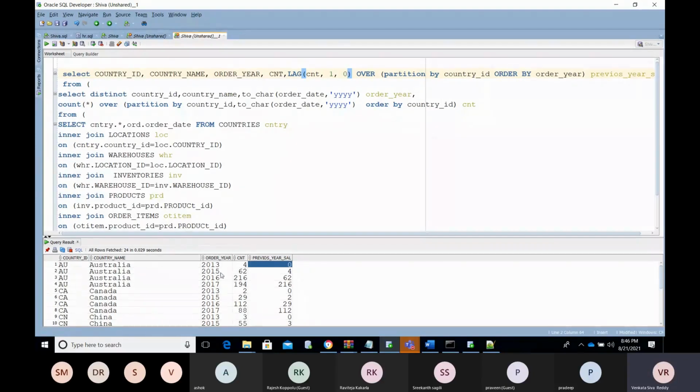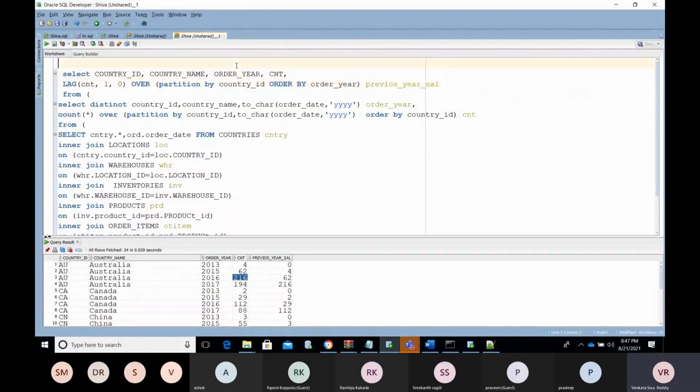First, we can say 2014 we have, right? You don't have or you have, whatever it may be. Now I need to compare the things. 2015. So see, can you compare now? You have the previous year sale and this current year sale. 64 with 62. Now you can compare 216 with 62, 194 with 216. There is a drop here. Here we have some growth. 2016 you have some growth. Now you can compare with these values.